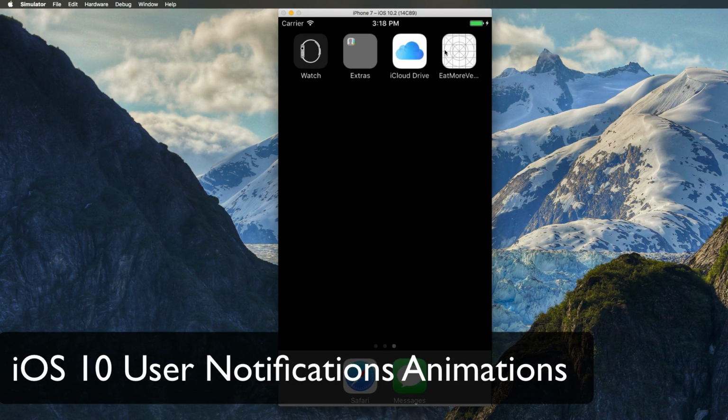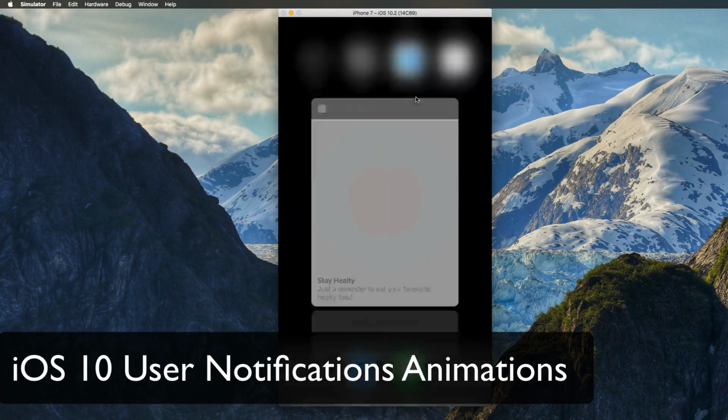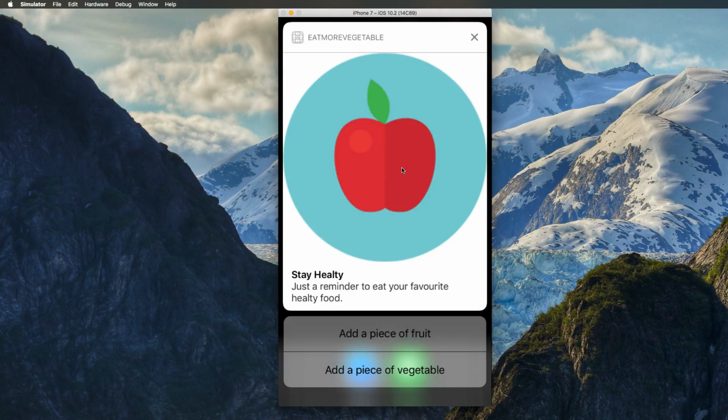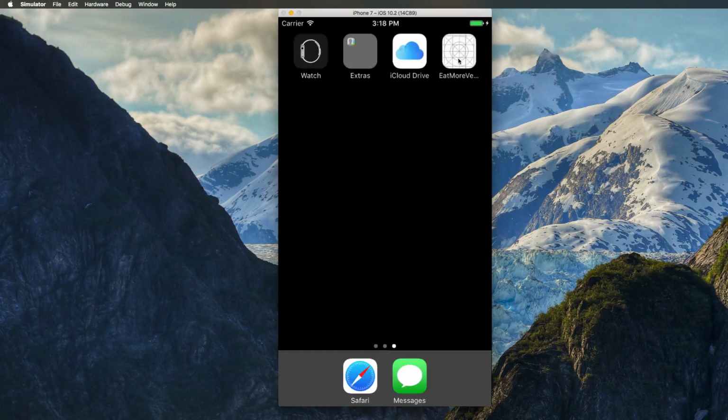Today we're going to talk about user notifications in iOS 10, which are pretty amazing and look something like this, with large images, nice and rich, and even the possibility to add custom user interface components to it. So this is a really great topic and very interesting, and let's just have a quick look at the sample